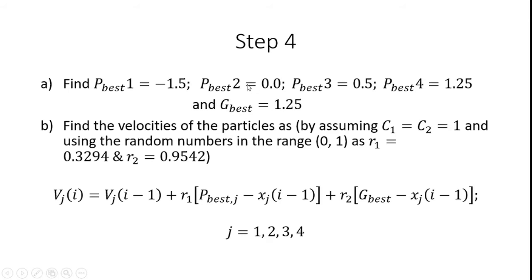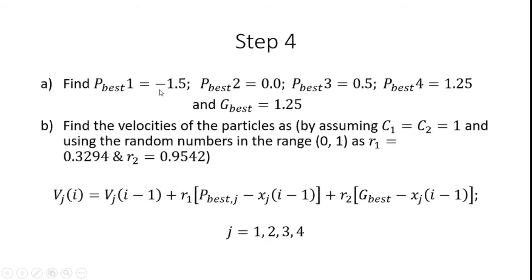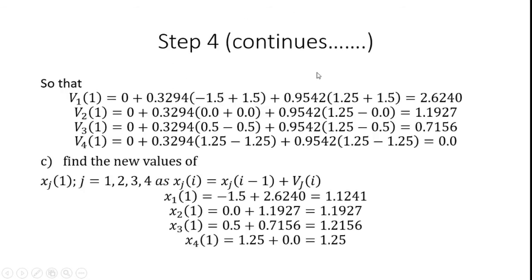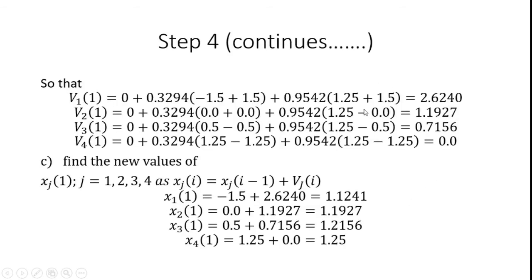The G best value, the corresponding parameter value is 1.25. So I substitute 1.25 in the equation, and then I substitute again the previous point, the first population, which is minus 1.5. So I substitute the same value into the equation. Here the minus symbol is already available, so minus 1.5 into minus is equal to plus 1.5. Likewise, I got the substituted equation.